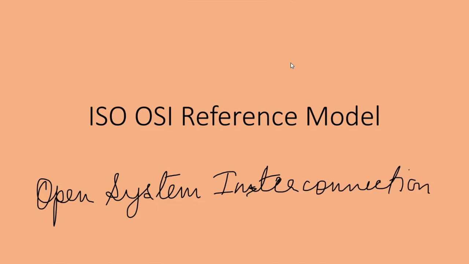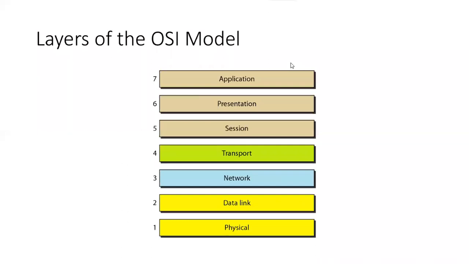Next, we will see what the various layers are. There are 7 layers, as I mentioned earlier. At the bottom, you have the physical layer, followed by the data link layer, the network layer, the transport layer, the session layer, the presentation layer, and the application layer. At the top you have the user, and here you have the physical media. So this is the user, and this is the transmission media.